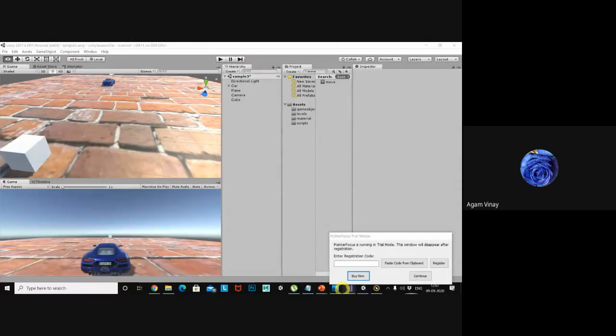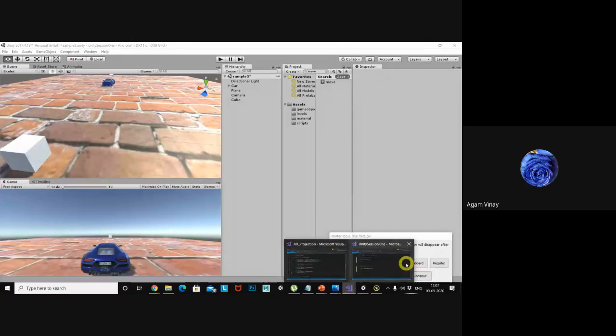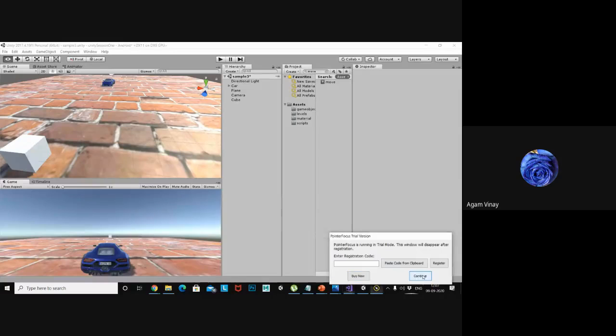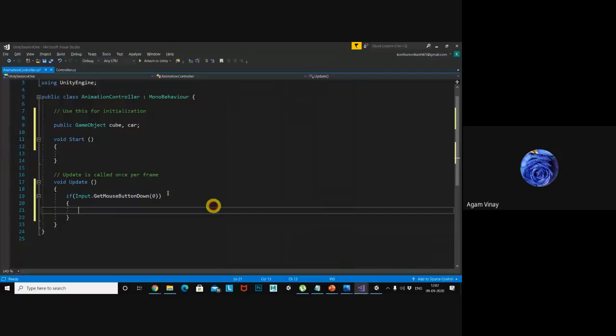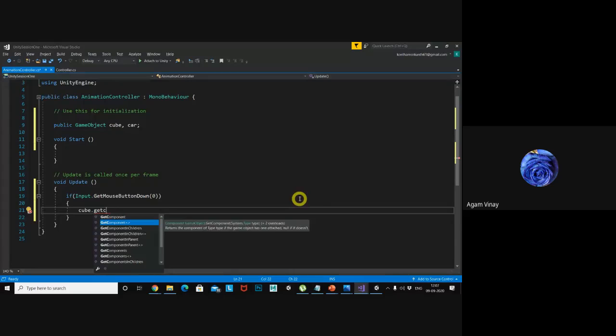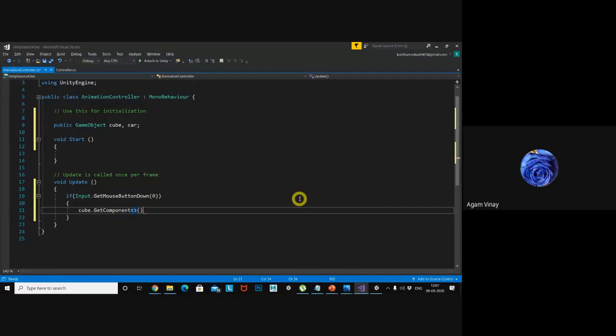So for that, I took two game object references, cube and car. Here, whenever I write cube dot, how can I get the component? Using the get component keyword. So get component. What do I need to access?